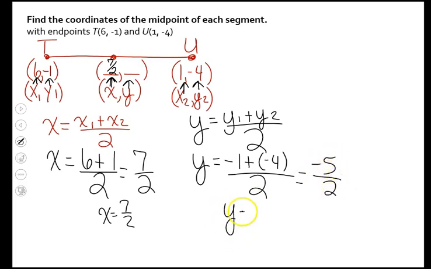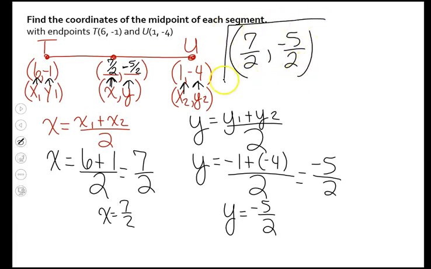So your y coordinate is -5 over 2, or -2.5. So your answer would be 7 over 2 and -5 over 2. And of course, that's 3.5 and -2.5. All right, next,